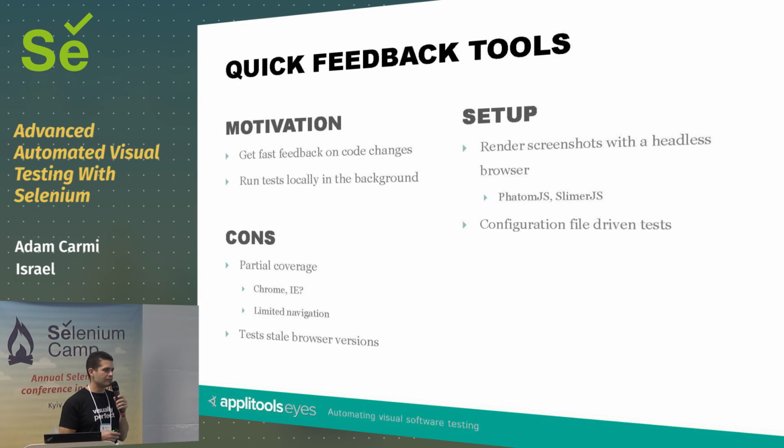seldom. So you could have versions that are a few months old. Your test could pass with Slimer.js, but you still have bugs in Firefox that the tool didn't pick up because you're using an old version of the layout engine. The second reason for the low coverage is the fact that you have very limited navigation in your application. It's limited to URLs. You cannot really do sophisticated interactions with the application, fill out forms, hover, move stuff around,